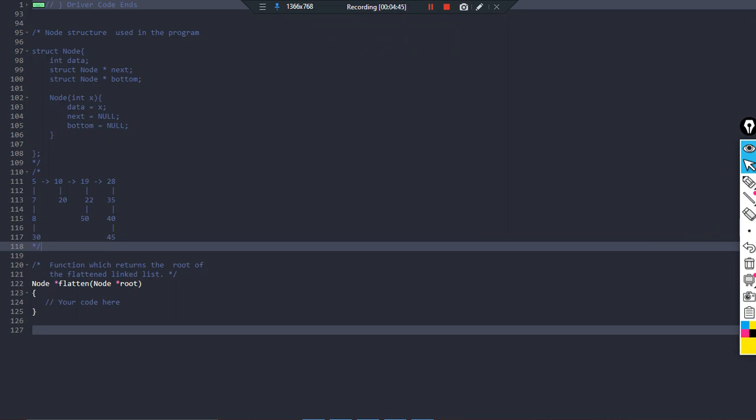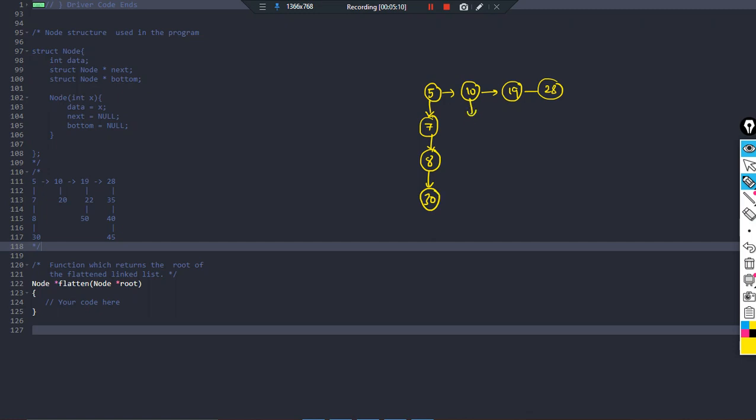So for that, let me just first of all draw the linked list here. So if you see, our linked list is like 5, 10 here, followed by 19, followed by 28, right? At the bottom we have 7, at its bottom we have 8, at its bottom we have 30, right?